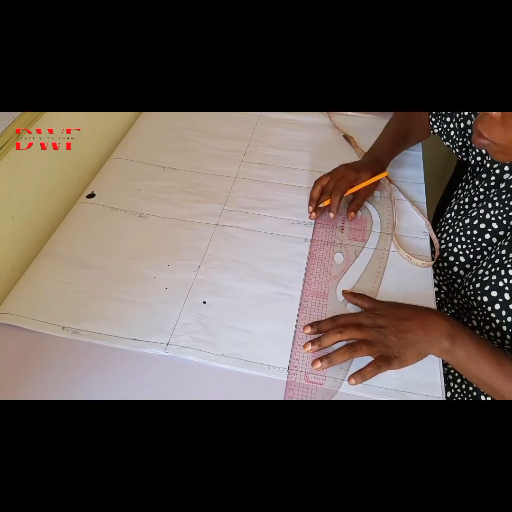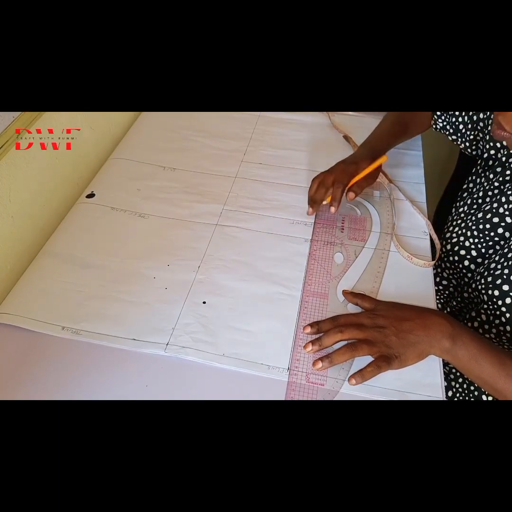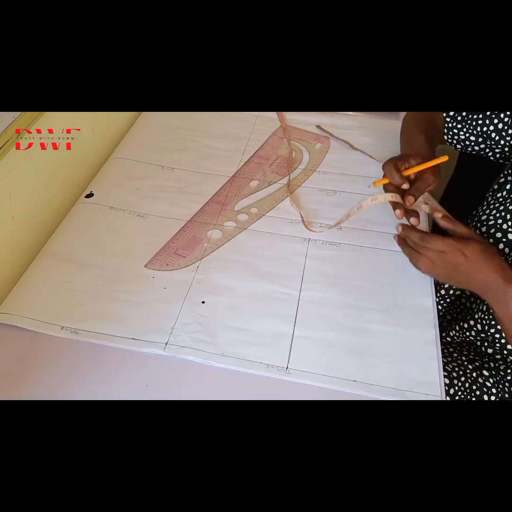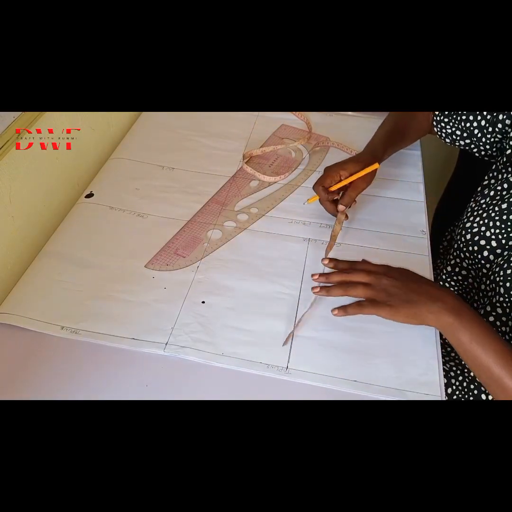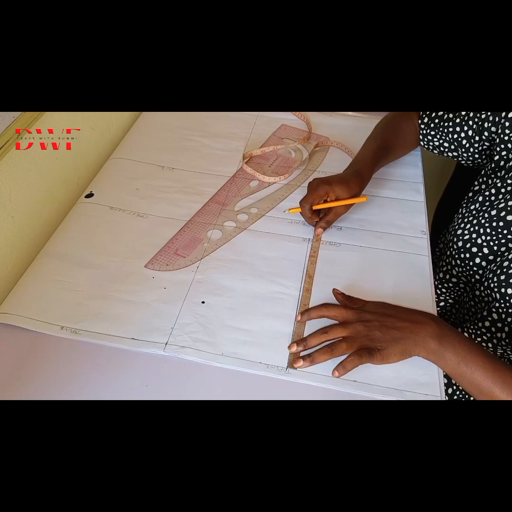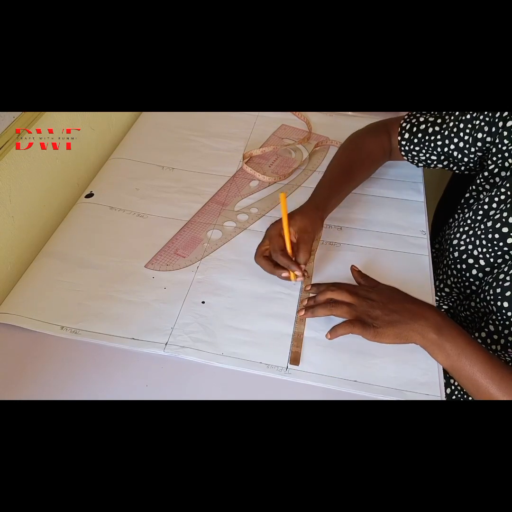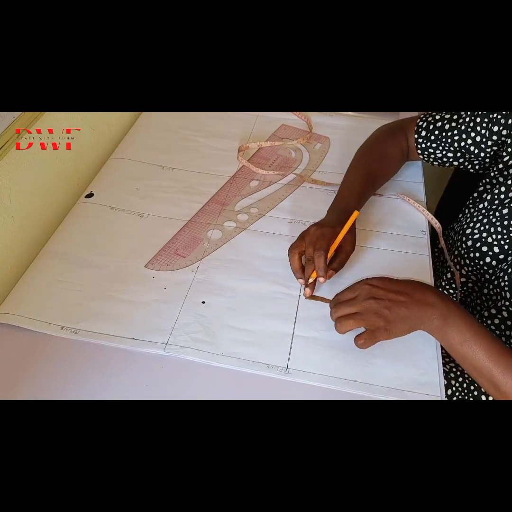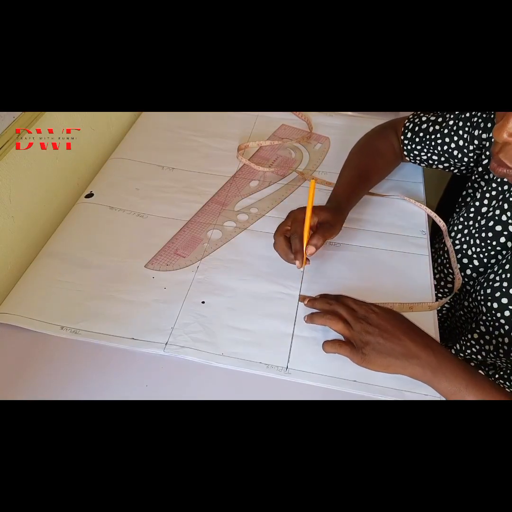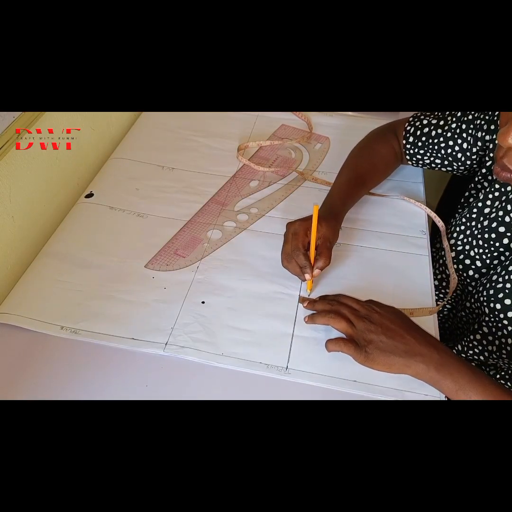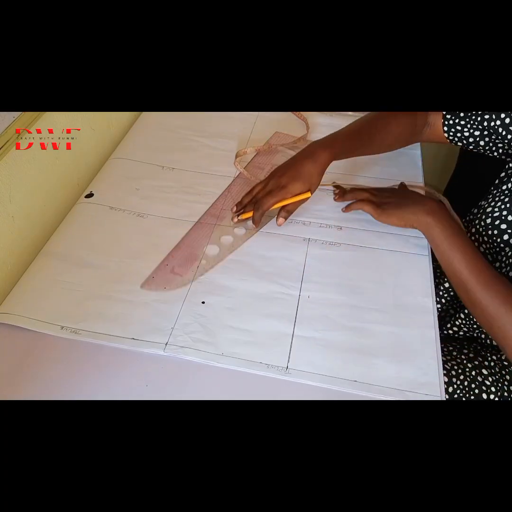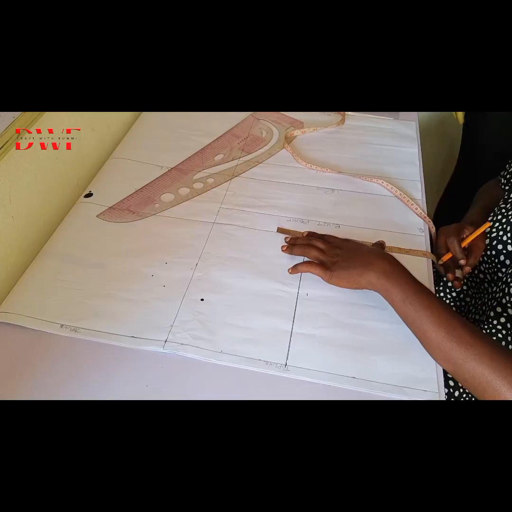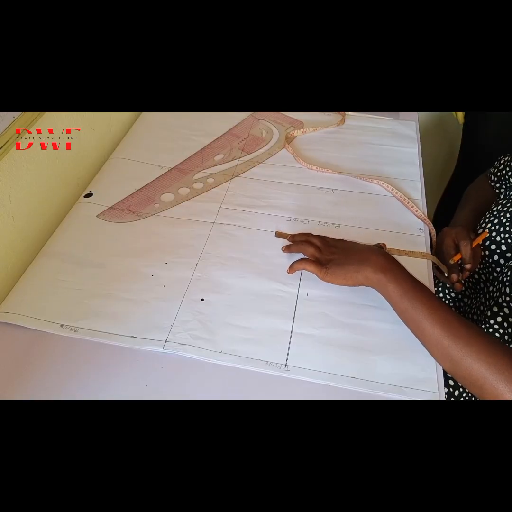So just go ahead and mark out this line. Once you mark this out, place your tape from the starting point and look for the midpoint here. So here is my midpoint. From that point, go in. You see the way I'm placing my tape measure, go in by 0.5 inch, and from this point mark out